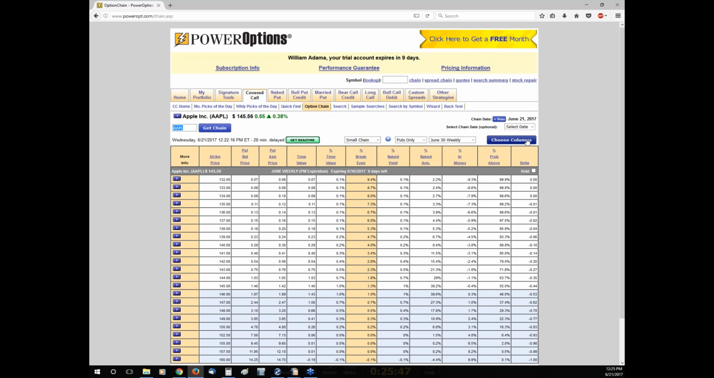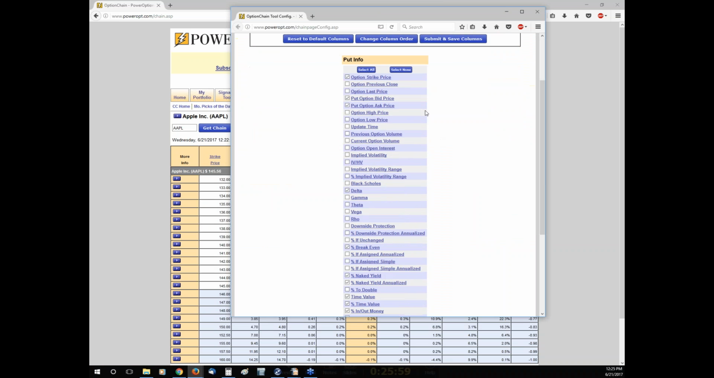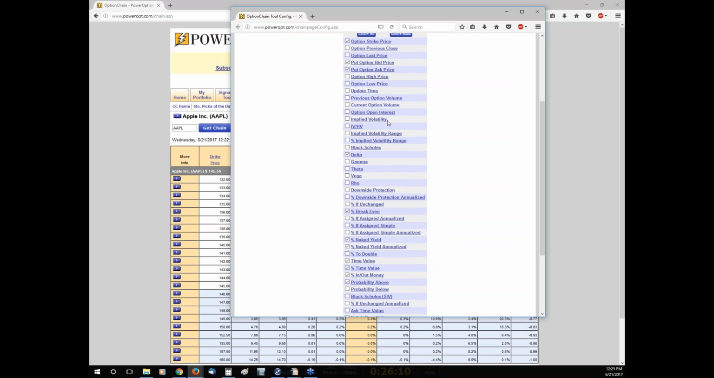On any search page, our option chain, the searches that we're going to look at in a moment, some of our other tools, we can click on Choose Columns. And this will allow you to customize your chain view for the call or for the put. Things like the option high, option low, last trade time, last price as well. All that you need for implied volatility